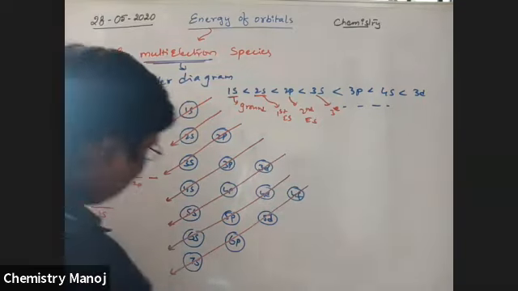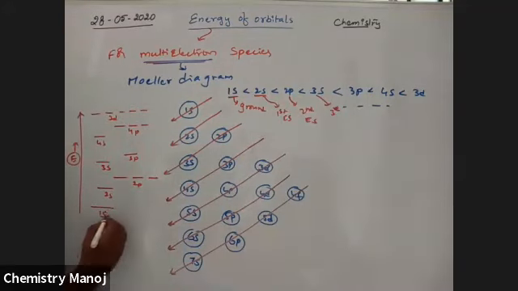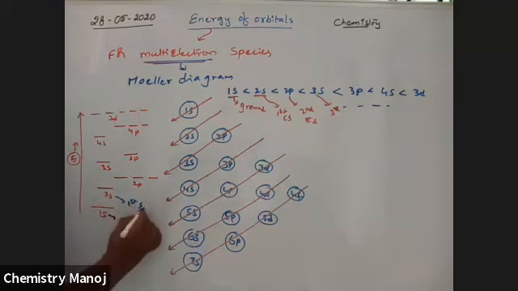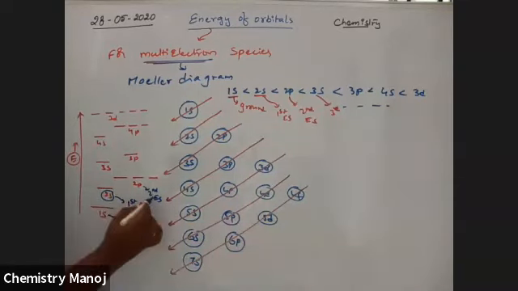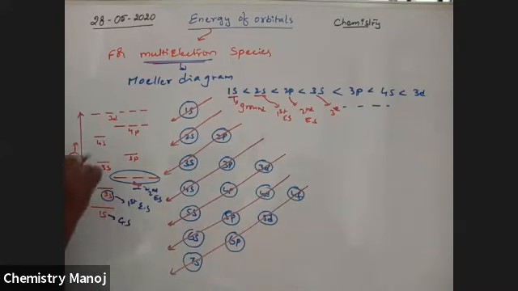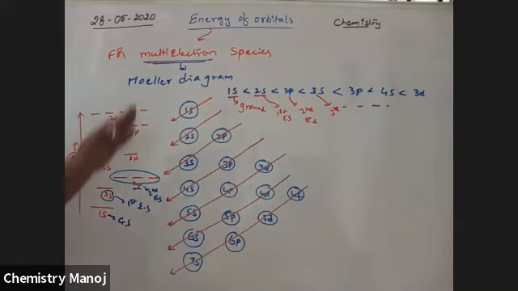So now this is the ground state. It is the first excited state. This is the second excited state. So here, ground state and first excited state degeneracy is 1, second excited state degeneracy is 3, third excited state is 1. So like this, these are the different orbitals. Degeneracy. It is for multi-electron systems.